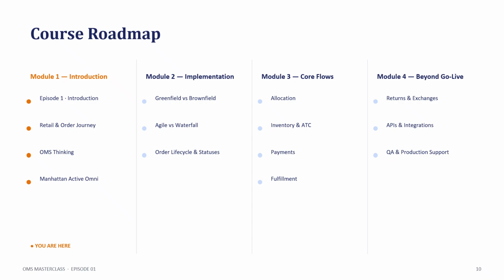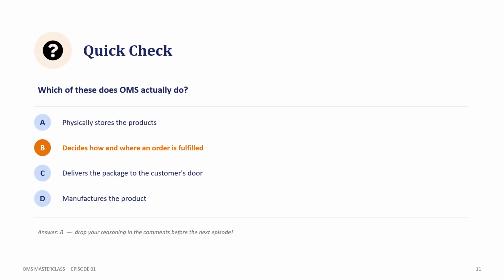Before we wrap up this episode, let's do a quick knowledge check. Let's test what you have learned today. Which of these does an order management system actually do? Does it physically store products? Does it decide how and where an order is fulfilled? Does it deliver the package to the customer's door? Or does it manufacture the product? The correct answer is